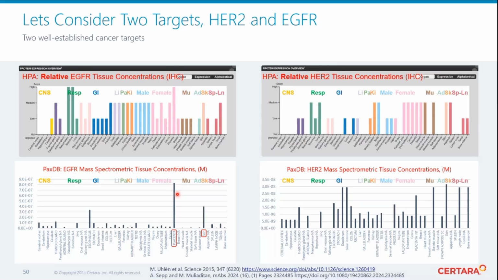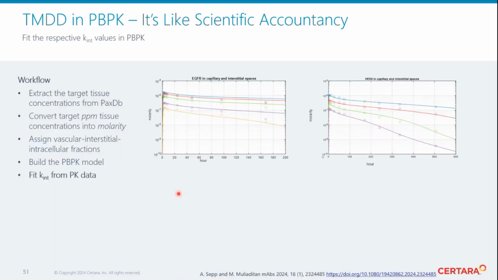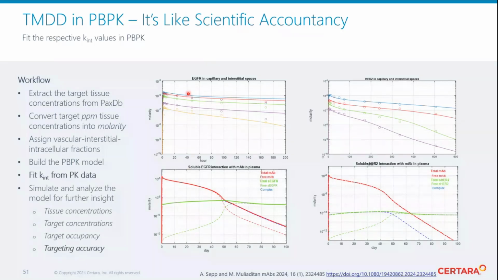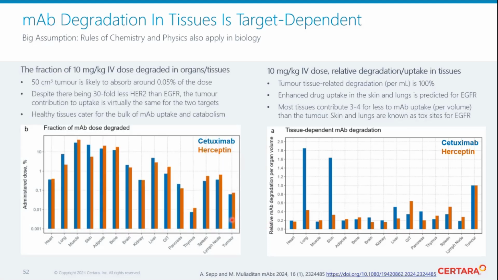That's the end question here. And by fitting the data, just plasma concentration, to the internalization rate concept for both antibodies, we can figure out what the tissue concentrations are from the model, and the results indicate that the antibody dose distributes between different organs pretty much in line with organ size.